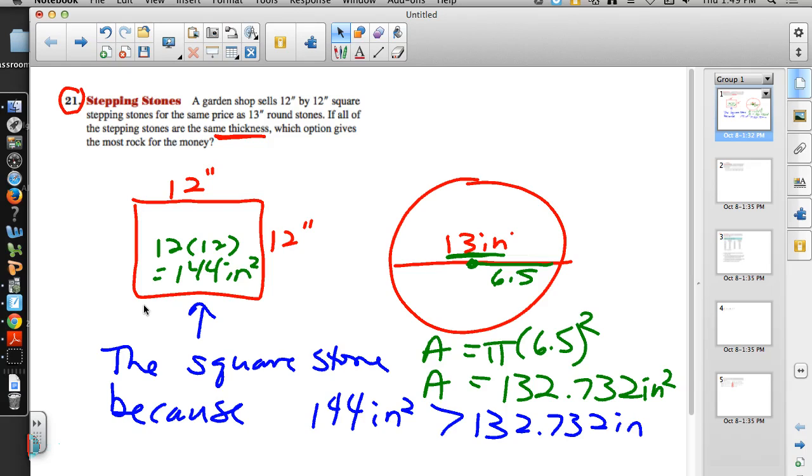So again, very similar to the pizza example that is in your notes, but my guess is that people used 13 for the radius instead of 6.5. And it didn't specify, so I suppose if you've never been a gardener, that would have been tough for you to figure out. Then the next one on your list,